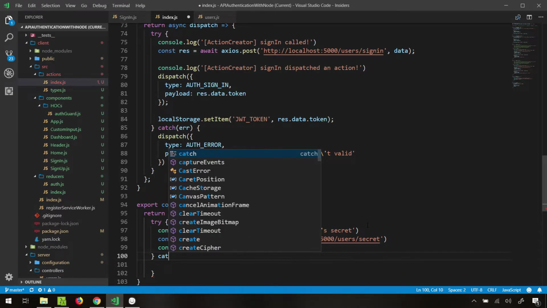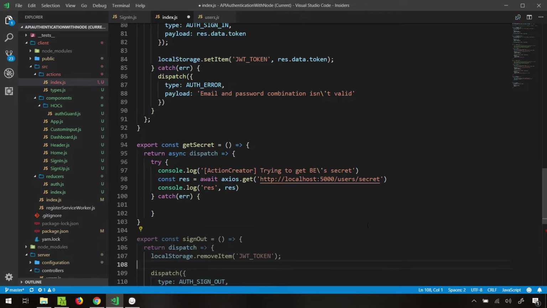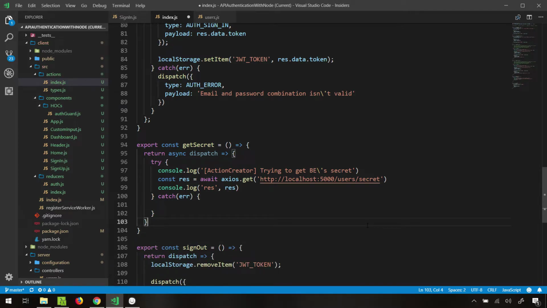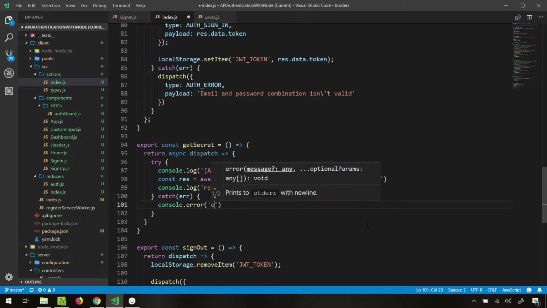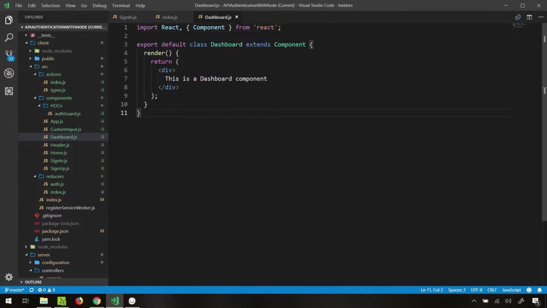Try, catch error. Okay, so this should be good, and we miss this closing squiggly brace, and in this case of this error, for now let's say console.error error, and then simply display it out. Okay, so we have this get secret, and I'm going to actually come to this dashboard, and over here what